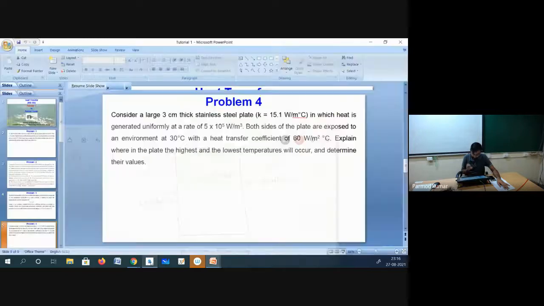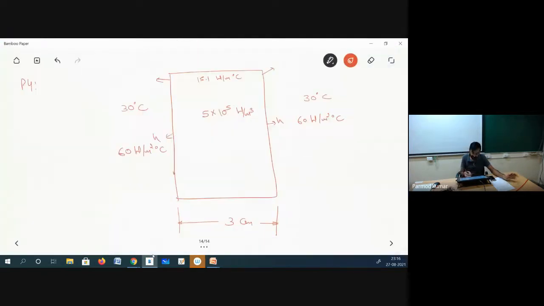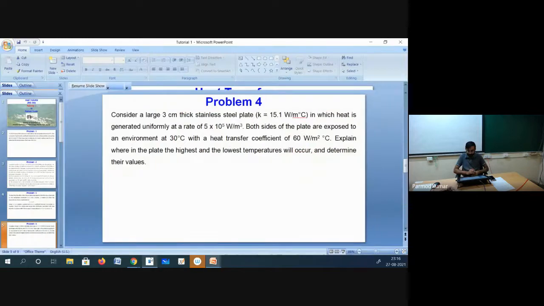So both sides we have 60. We have to determine where in this plate we will be having the highest temperature, where we will be having the lowest temperature, and we have to determine their